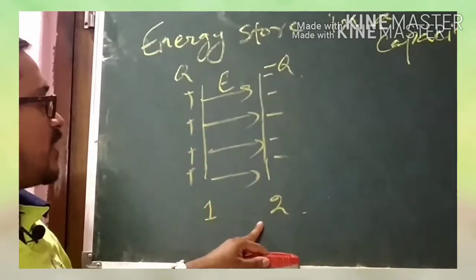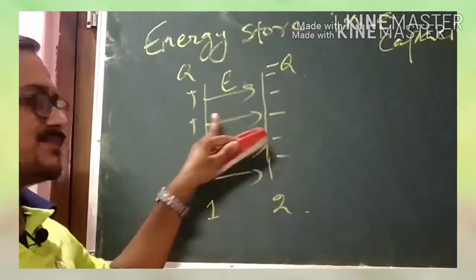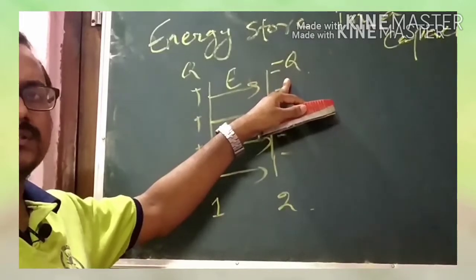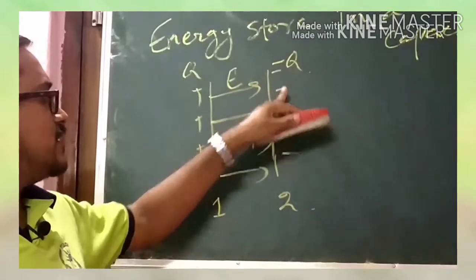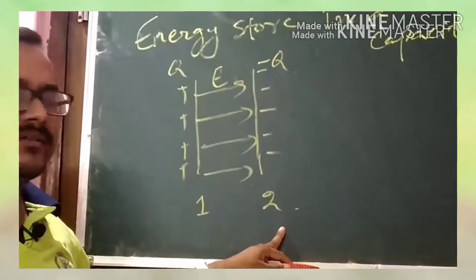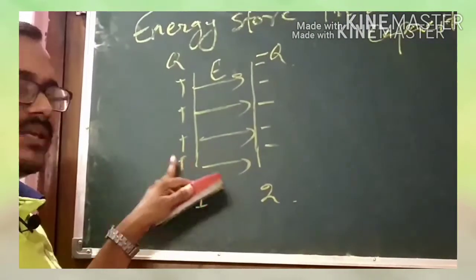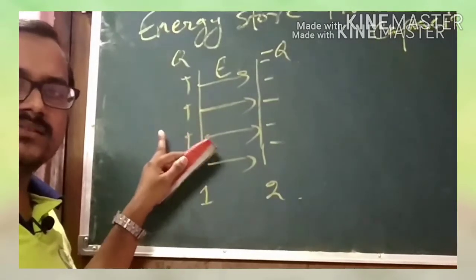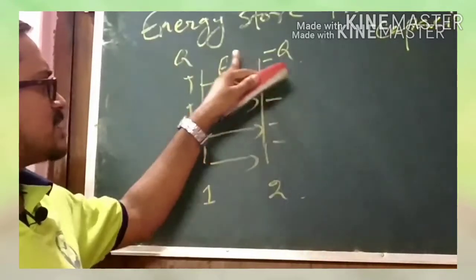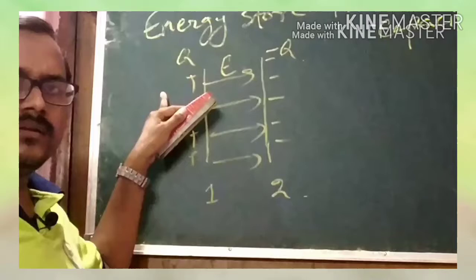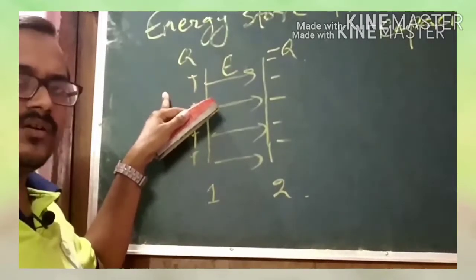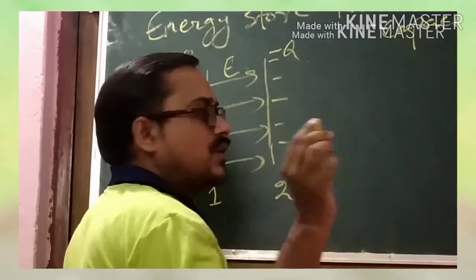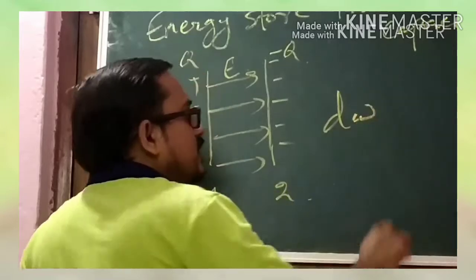So in this case, how much charge can be transferred? Until the charge is equal in magnitude in both the conductors. So according to the conservation of charge, the charge in conductor 2 will be equal to minus Q and the charge in conductor 1 will be equal to plus Q, as the net charge is constant. During the transfer of charge from conductor 2 to conductor 1, some work is being done. So let us first take a small amount of work, termed as delta W or dW.